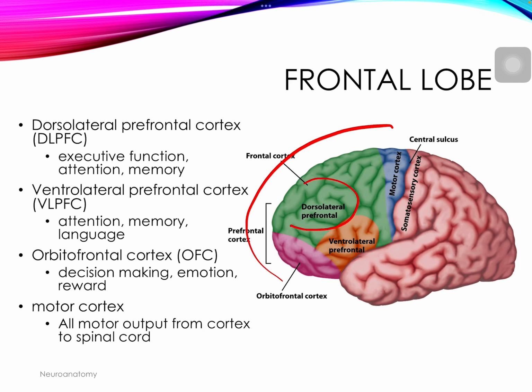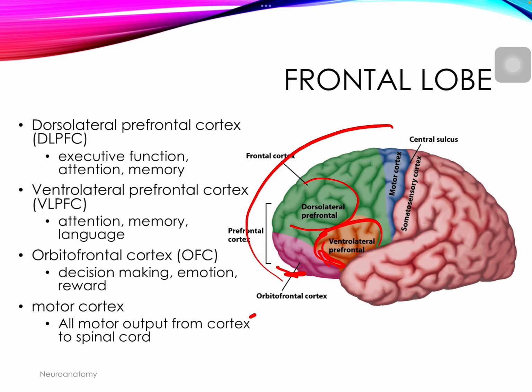This is really, really important for those real high-level functioning, executive functioning, memory, attention, being able to have those really high-level processing. The ventrolateral prefrontal cortex area, also very important for things like memory and attention, but included in here, and we'll talk more about this later, is language. And so that includes a very specific language area for being able to comprehend and speak.